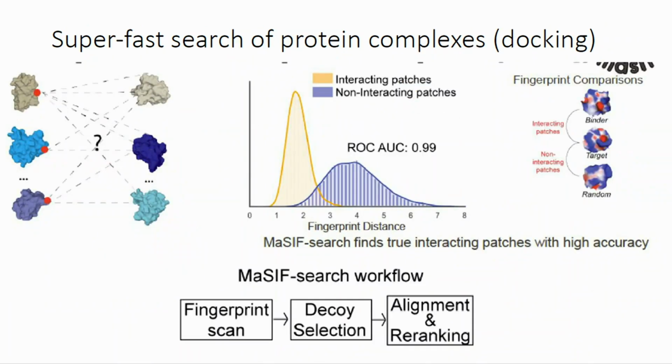And this search of the complex is what makes it pretty powerful, and they show that it has pretty good precision in predicting things that actually bind and where they bind. So it's almost like a way of being able to solve for binding or docking to some degree, right? Where for any given two protein structures, you kind of know where they align and whether or not they align.